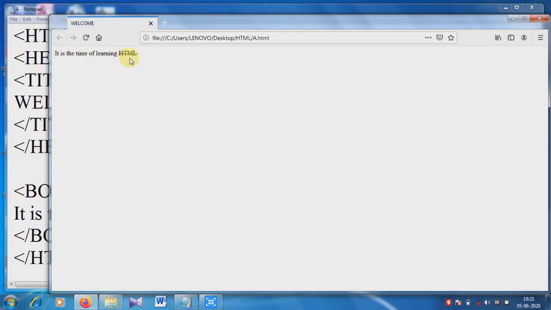See, this is the normal line, no bold, italic or underline style, but in the HTML word, see properly, there is a line through the middle of this word. So it is the strike through tag. Using this tag we can draw a line through the middle of the text.